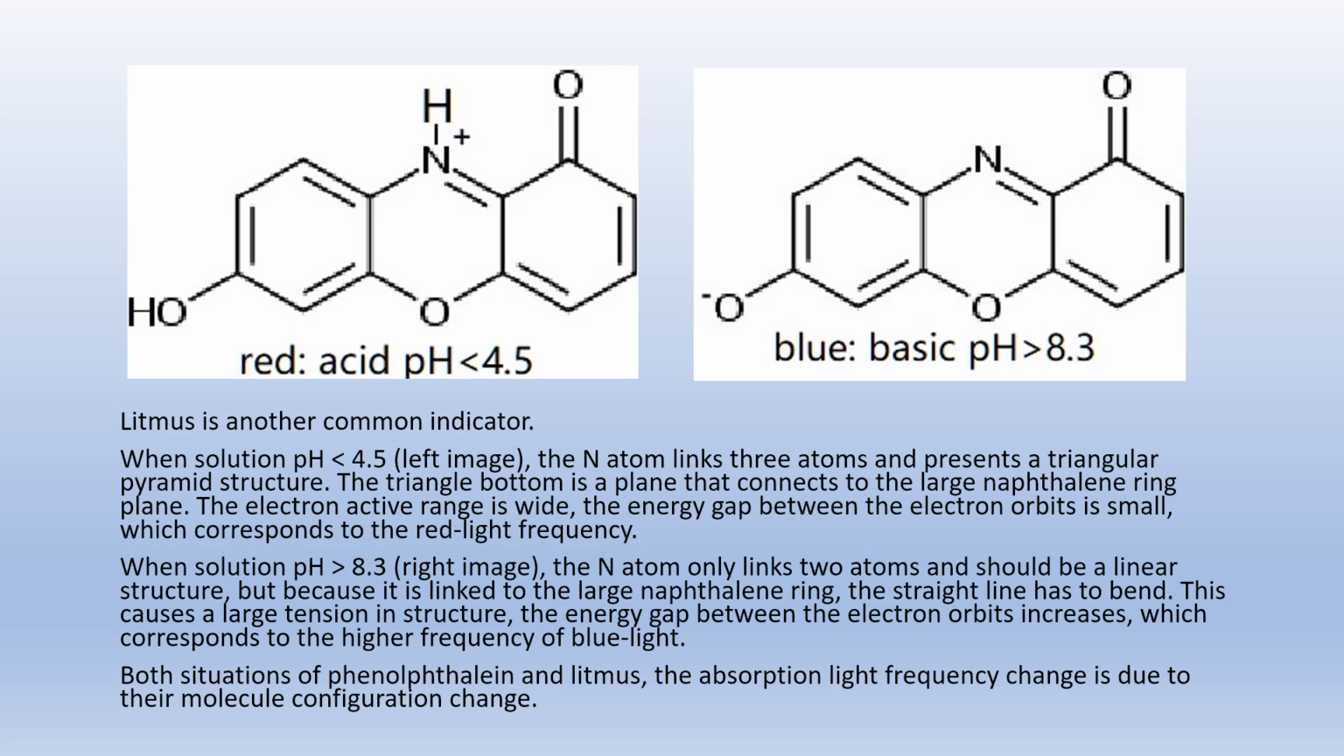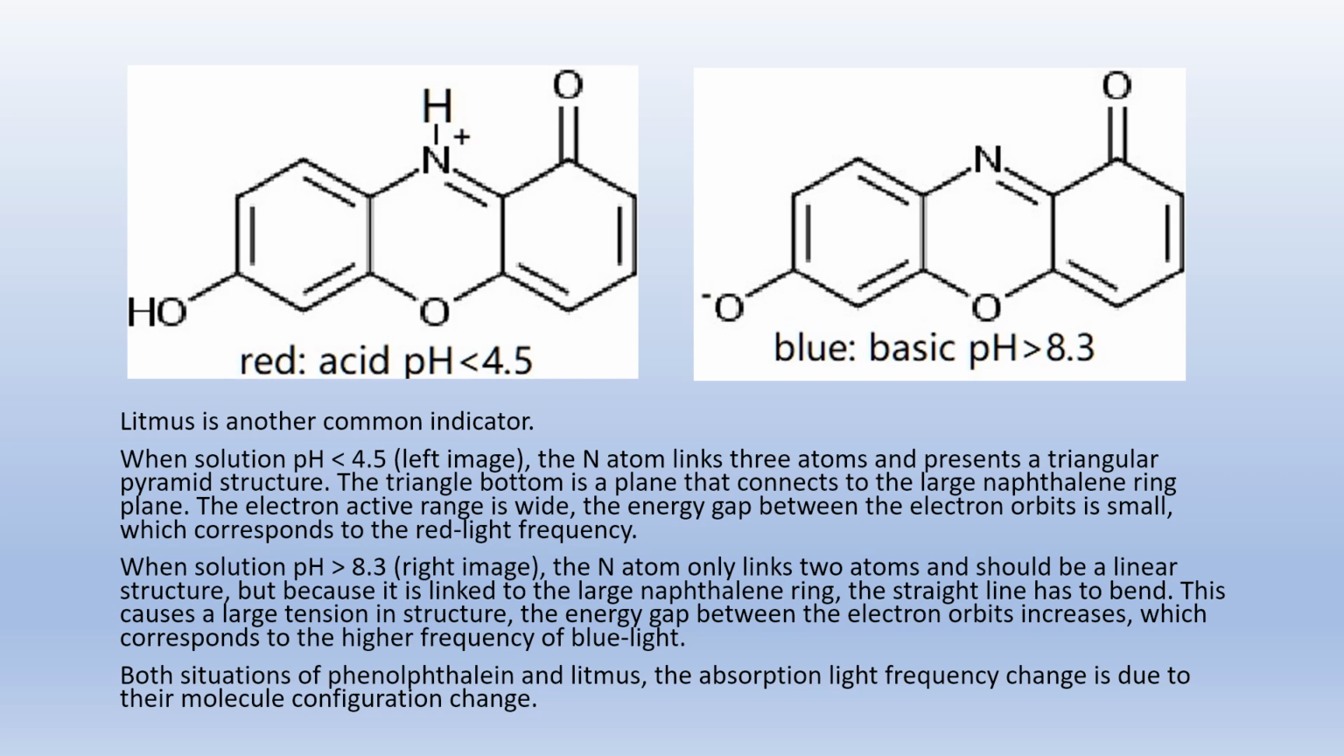In solution with pH less than 4.5, the N atom links 3 atoms and presents a triangular pyramid structure. Its triangle bottom is a plane connected to the naphthalene ring plane. The electron's active range is wide. The energy gap between the electron orbits is small, which corresponds to the red light frequency. In solution with pH greater than 8.3,